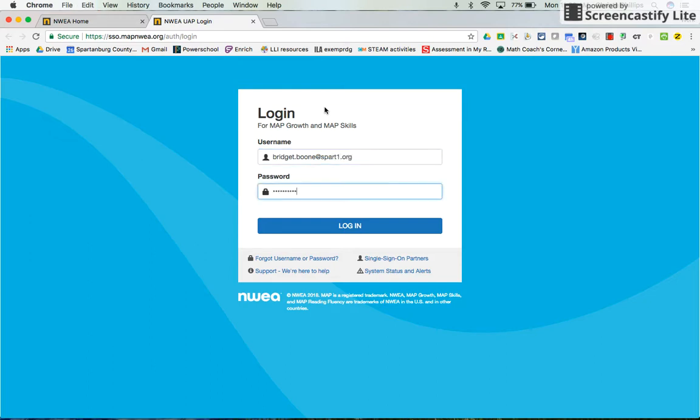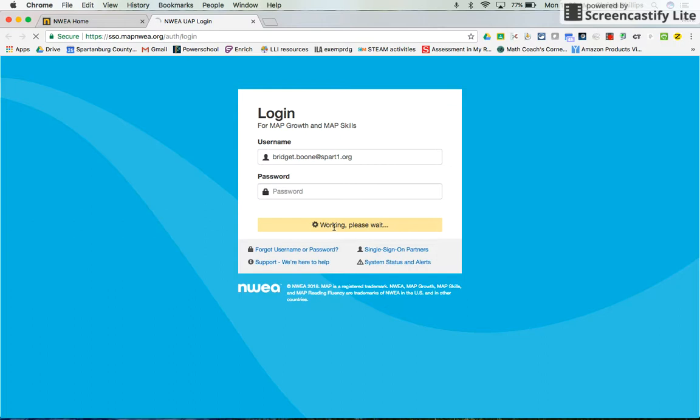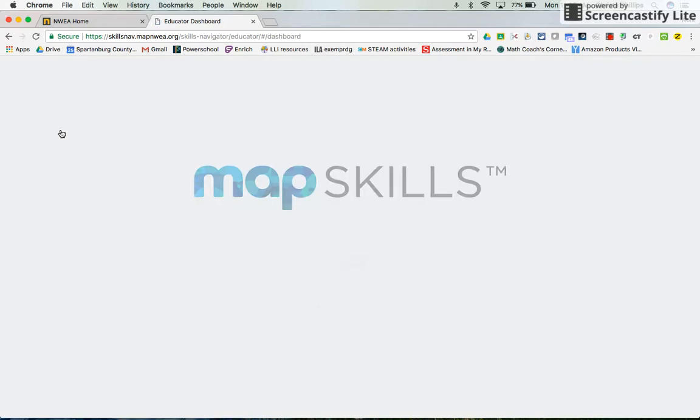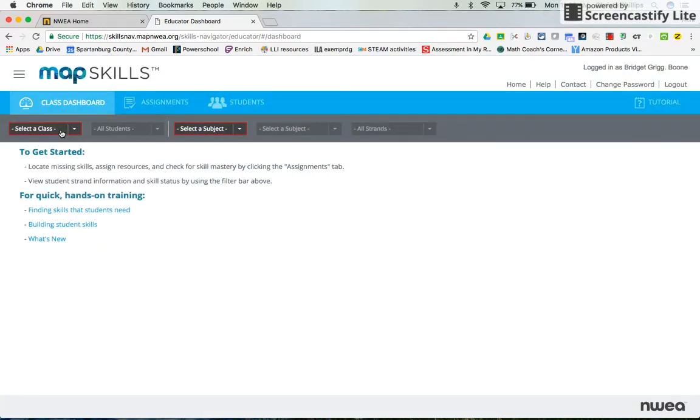And I've saved your password. Okay, so once you log in, if you look over here to the side, you're going to click on Map Skills. Okay, so this is actually called your educator dashboard. So once you get on the educator dashboard,